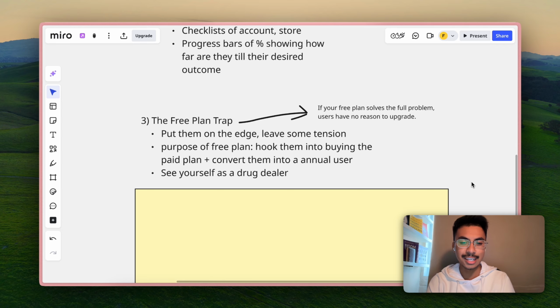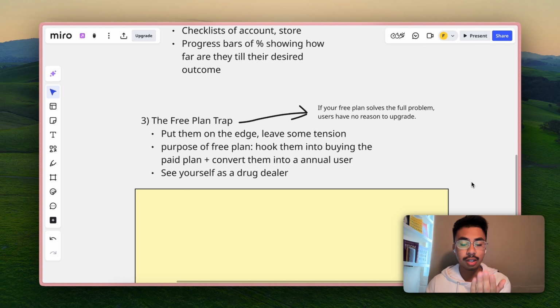And the analogy I have is to see yourself as a drug dealer. I know it may seem weird, like what the hell does this have to do with me being a founder? Here's my explanation. If you see any of these movies, I've never met a drug dealer in life, so I'm using a reference from a movies. You'd always see them giving a tiny free sample of a cocaine pouch to their victim, to the user. And once you give them a tiny pouch for free, what happens? The customers, the users are going to come back to you. They will naturally, I wouldn't say out of their own will because you're using drugs, but yeah, out of their own will, they're coming to you.